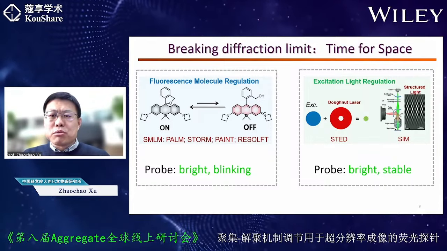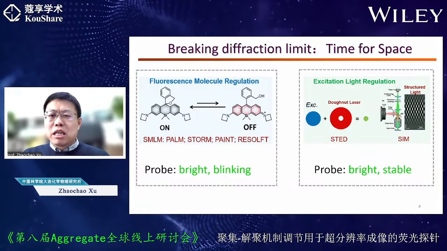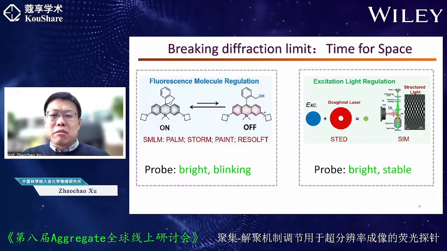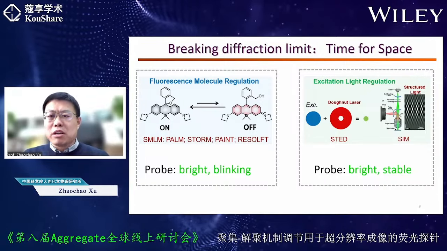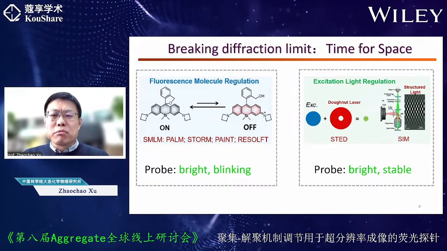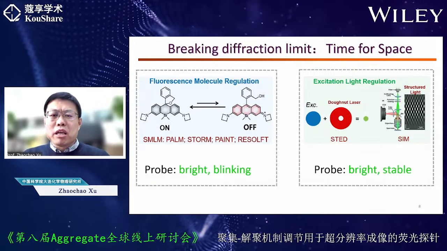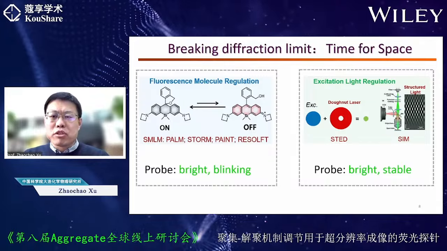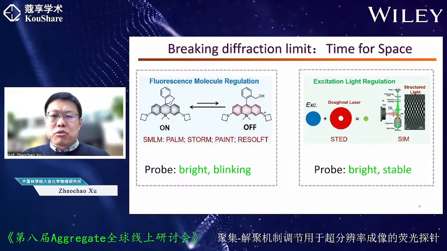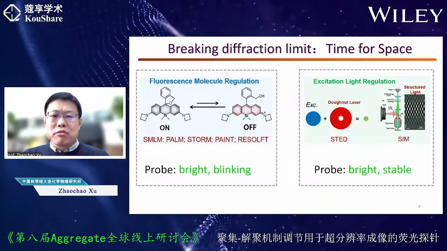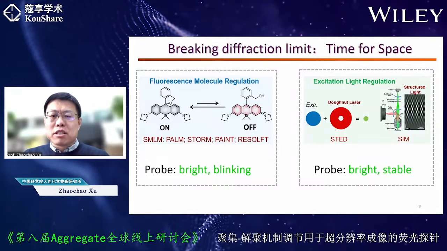One approach is through fluorescence switches, which has led to the development of super-resolution fluorescent microscopy based on single molecule localization techniques, including PALM, STORM, PINT, and RESOLFT. Among these techniques, the fluorescence blinking controlled by the spiral ring switch of rhodamine is the most widely used. Another method is to control the excitation light with spatial temporal resolution using structured light, such as SIM and